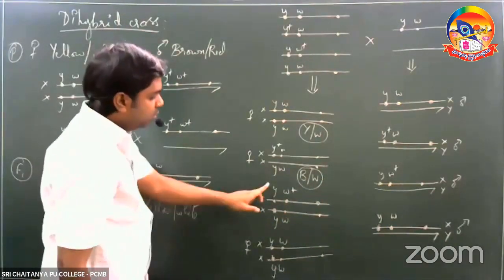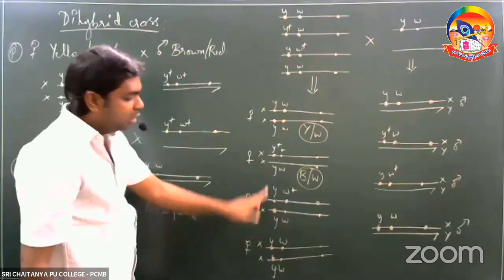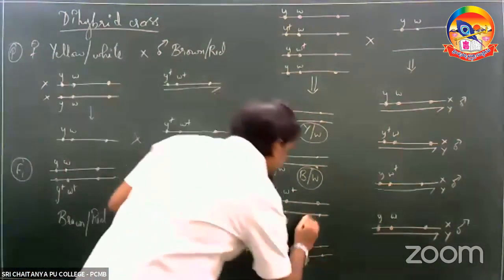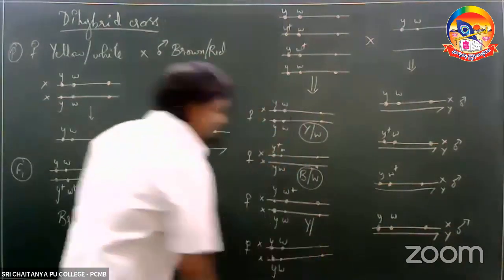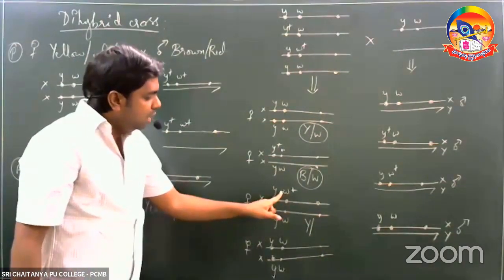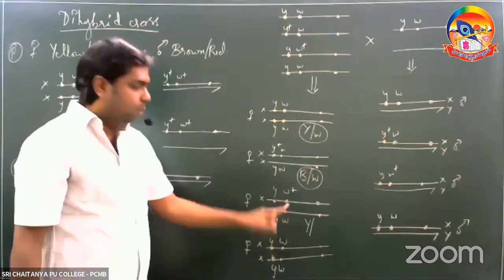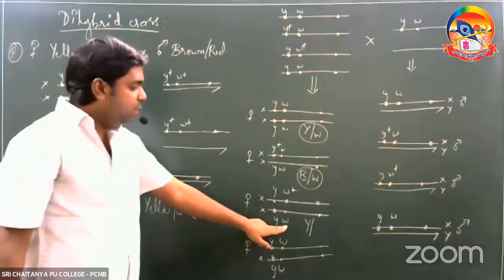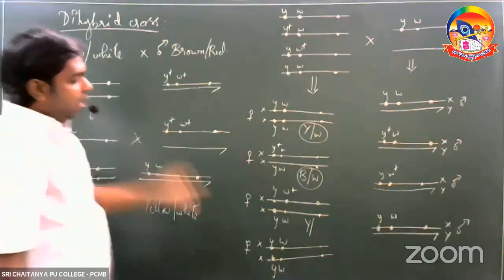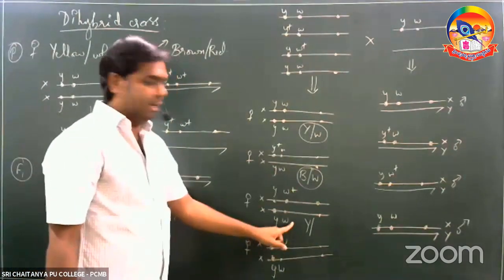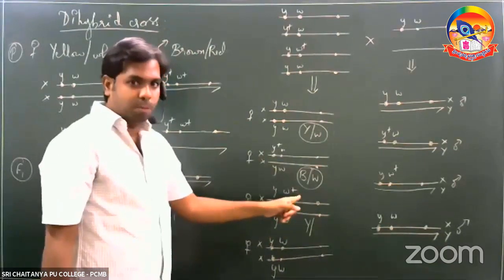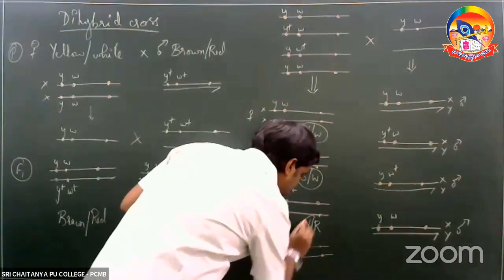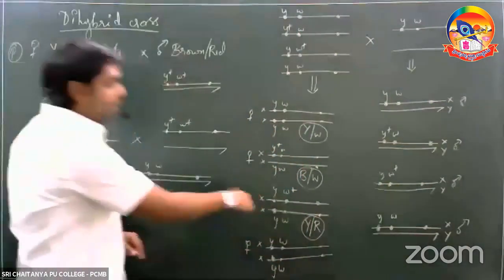The third condition: y and y, both are recessive alleles. Since both are recessive alleles, the phenotype here would be yellow body. And talking about the eye color, it is w+ and w. We know that w+ is dominant, which is red eye, and w is recessive, which is white eye. Since it is in a heterozygote condition here, w+ would be expressed. Therefore, the eye color would be red. So this would be a yellow bodied, red eyed female.